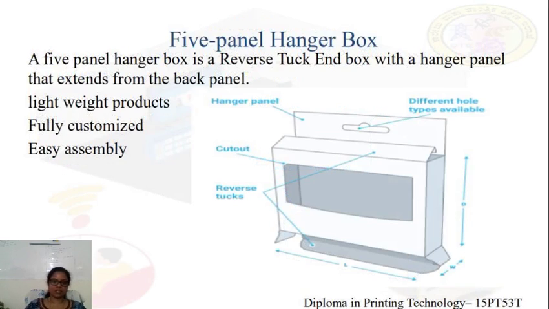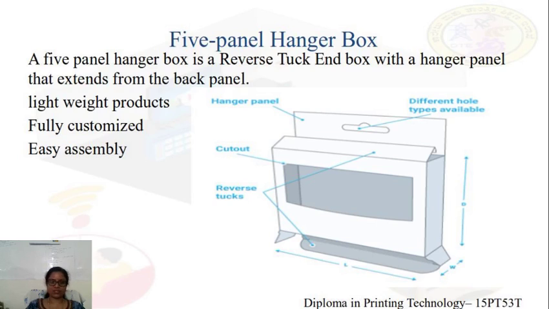Next is the 5-panel hanger box. This 5-panel hanger box also carries a style of reverse tuck end box with a hanger panel that helps in hanging the product. Also, the panel is extended from the back panel. The hanger shape or the profile is made as a cutout such that the package can be hanged in the market